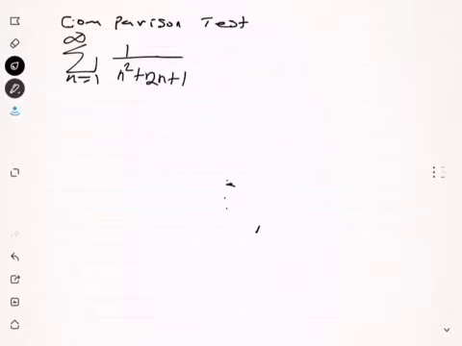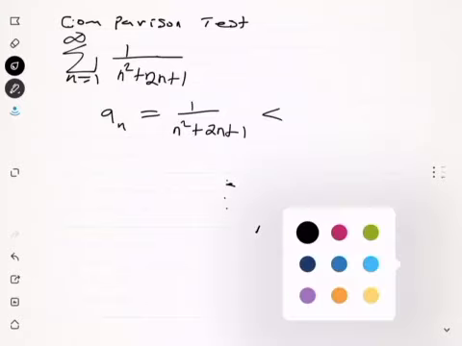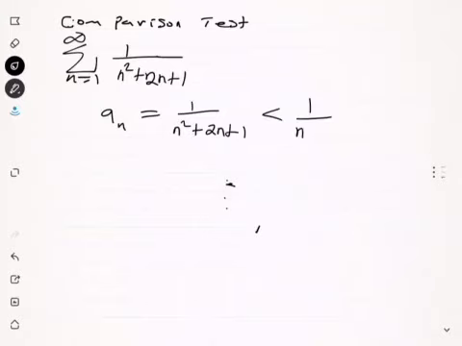you take this sequence that makes up the series, which is 1 divided by n squared plus 2n plus 1, and you compare it with 1 over n squared. And because 1 over n squared is bigger than 1 over n squared plus 2n plus 1, and you let that, we call it Bn,